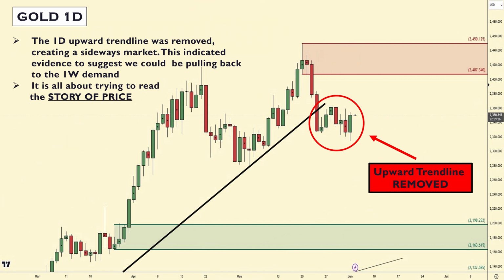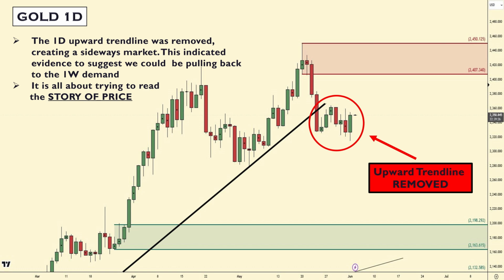All right, now we're going to look at the daily chart here of gold, and the daily chart would be another higher time frame to our H1 time frame. So just like we had on the weekly chart, we had an upward trend line here. However, it was not respected. It was removed as indicated as price broke below the upward trend line, as you can see on the chart right now. So the daily upward trend line was removed, and what this did is it created a sideways market. And this indicated evidence to suggest that we could be pulling back to the weekly demand zone that we were